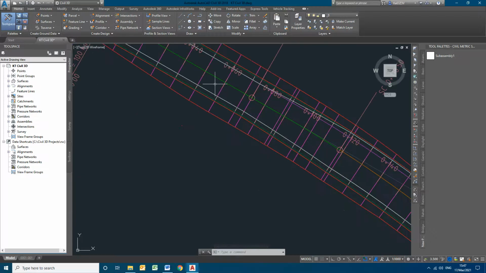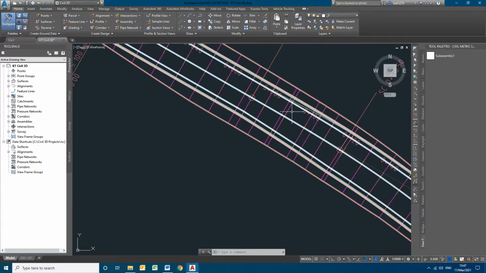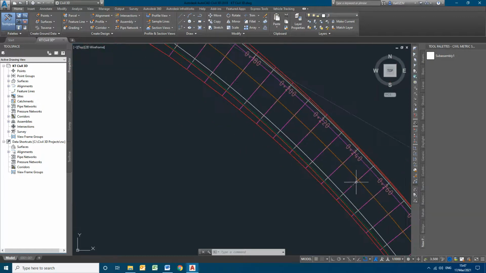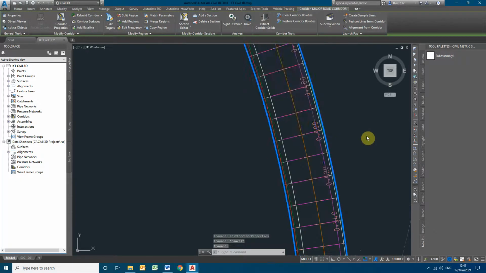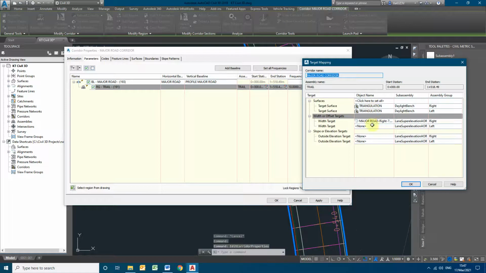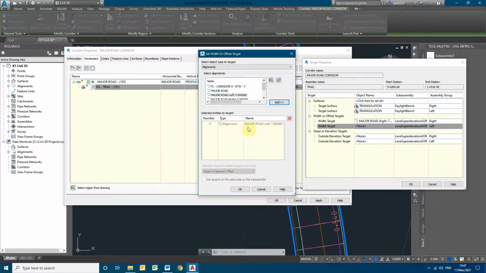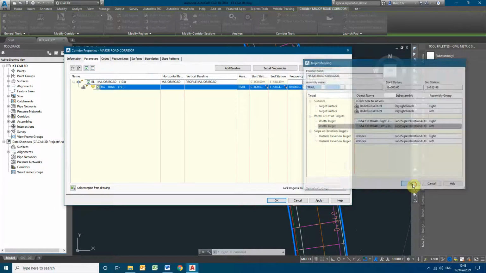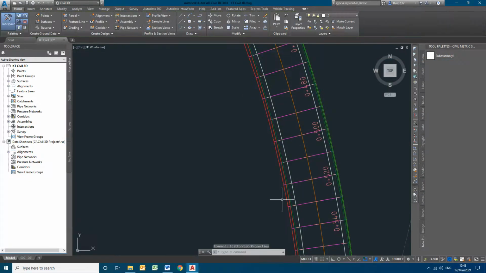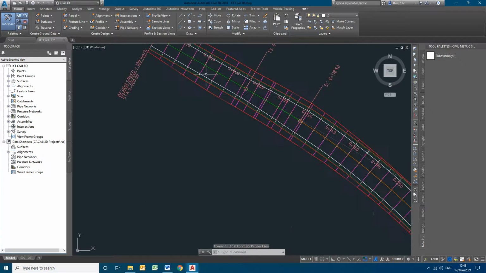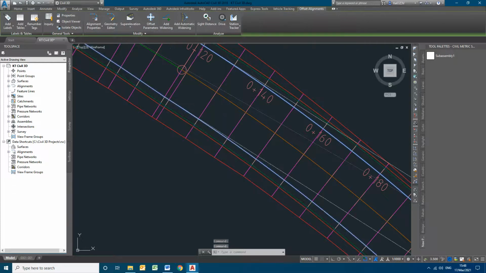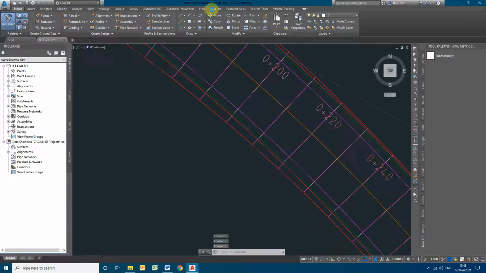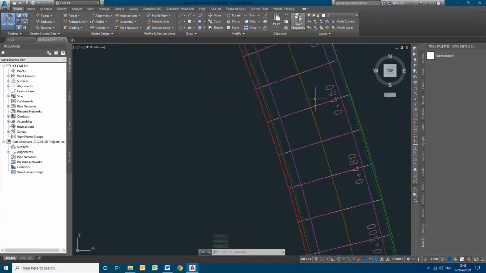So now you can see here, sorry, left side has not been applied. Okay, right, you can see here the alignment has followed the white line. So I will just send these white lines backside. You can clearly check the display. So in the same way, all tapering, everything has been applied. Now your road widening has been applied.